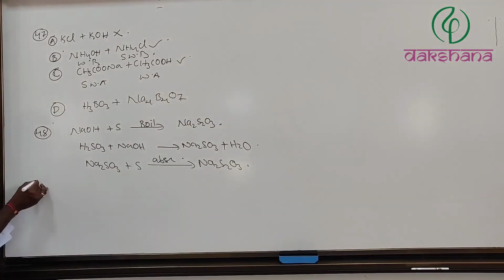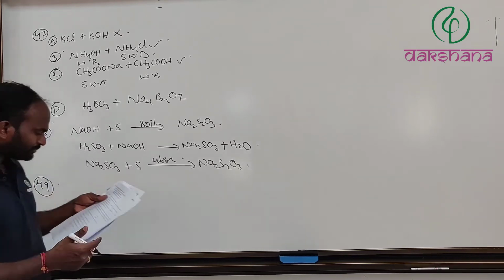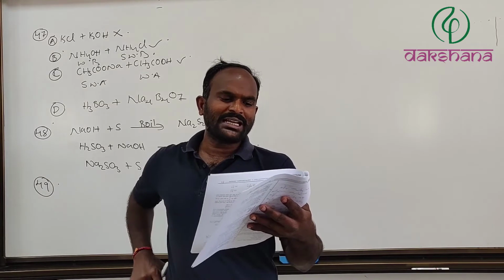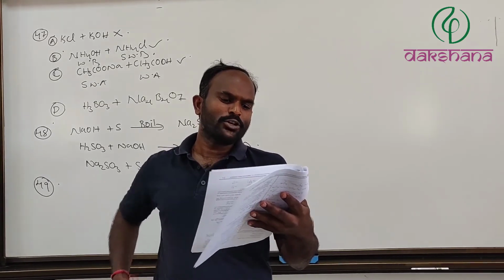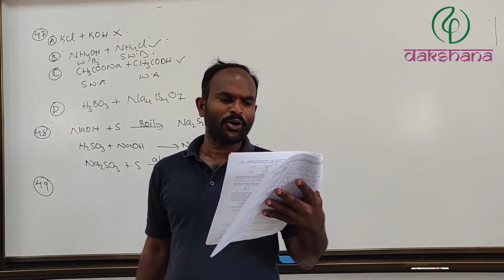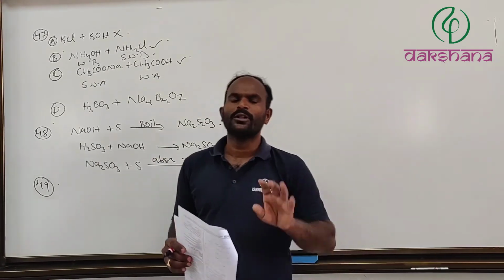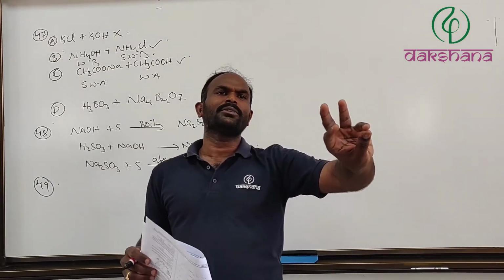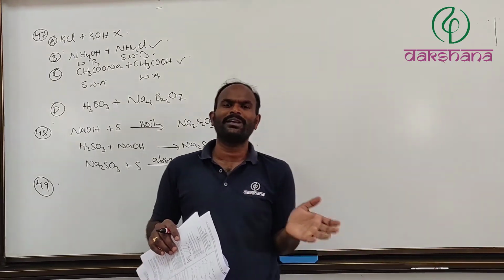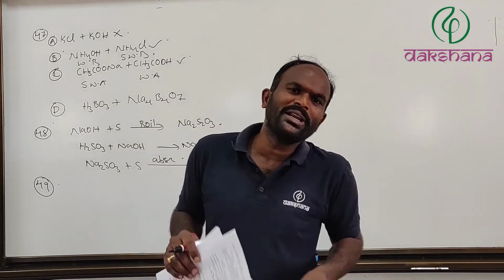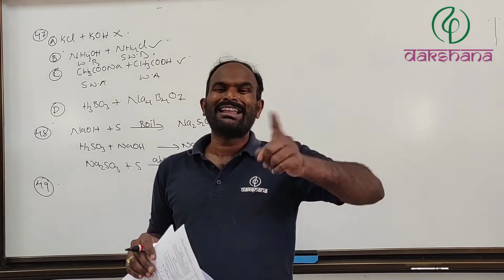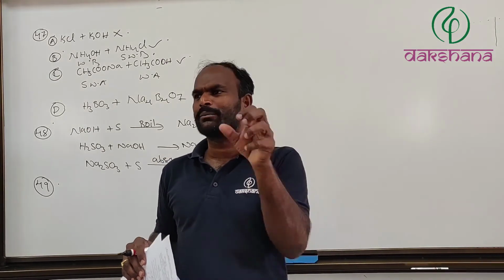And comes question number 49. Choose the correct statements from the following. Beryllium is not readily attacked by acids because of the presence of an oxide film on the surface of the metal. This is true. In the second group, both beryllium as well as magnesium have little reactivity compared to first group elements. Truly, both have very less reactivity due to the formation of a thin oxide layer on them. That layer is nothing but beryllium oxide.